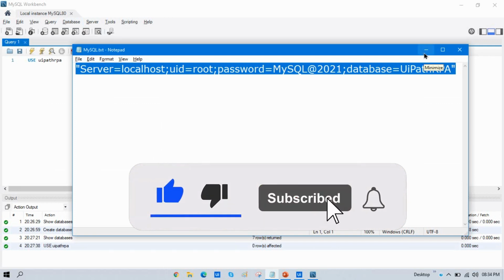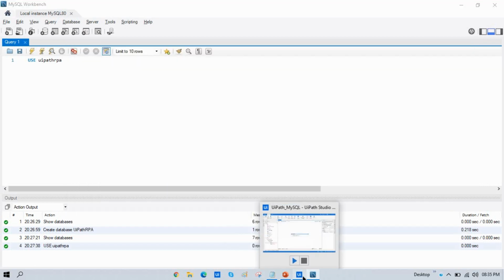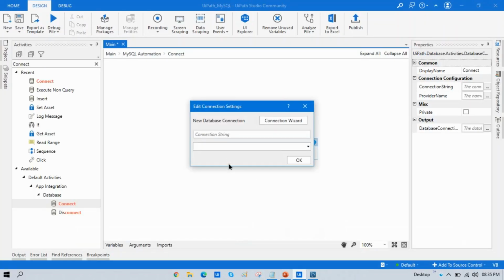Now what you have to do is copy this complete connection string, go to UiPath Studio, and click on configure. Now here we have the option connection string. Just paste it here. I have already used the double quotation marks here, so there is no need to put any double quotation here.